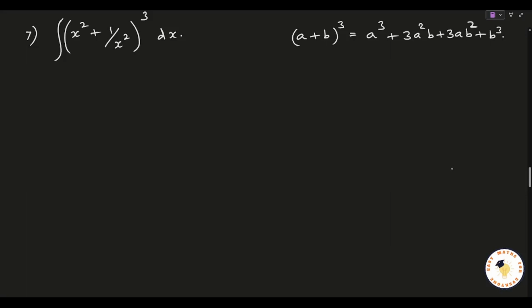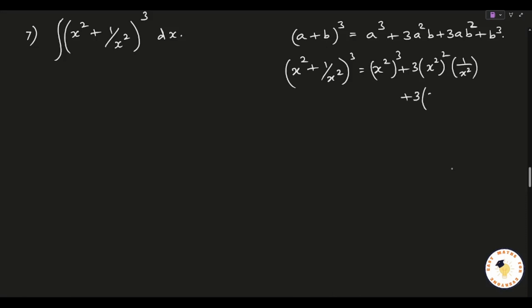Using the same expansion for x square plus 1 by x square whole cube, we get x square plus 1 by x square whole cube equal to x square power 3 plus 3 into x square's square into 1 by x square plus 3 into x square into 1 by x square whole square plus 1 by x square whole power 3. Further simplifying this, we get x square whole power 3. If there are 2 powers, we have to multiply them. So x power 6